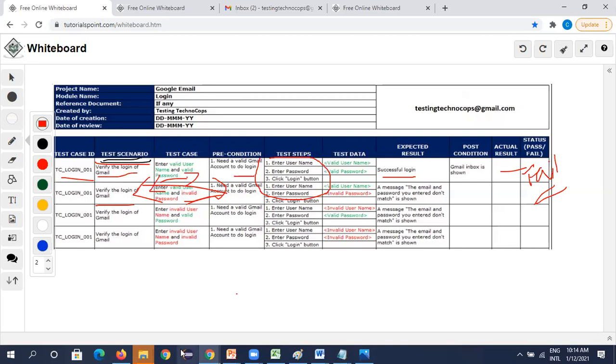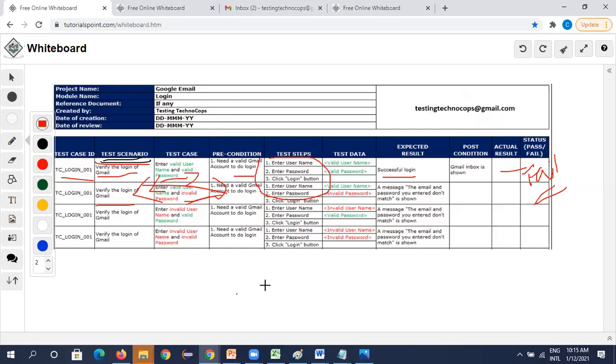We are just talking about the login button. If we have to test the reset button, will it be a different test scenario? Exactly. It will be a different scenario. So only login, verify the login of the Gmail, verify the reset of the Gmail. That is the next functionality.